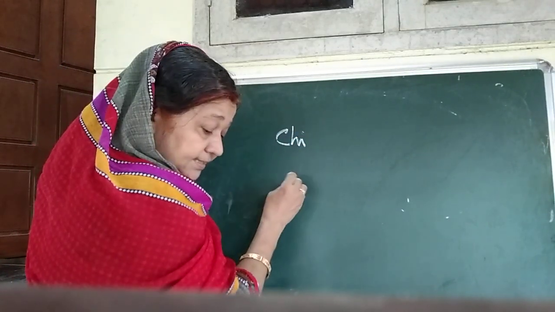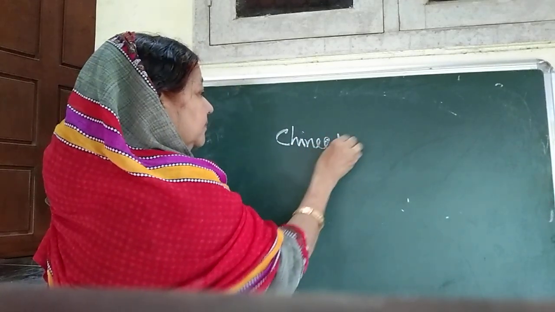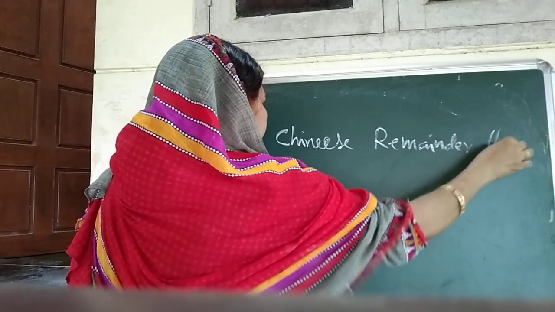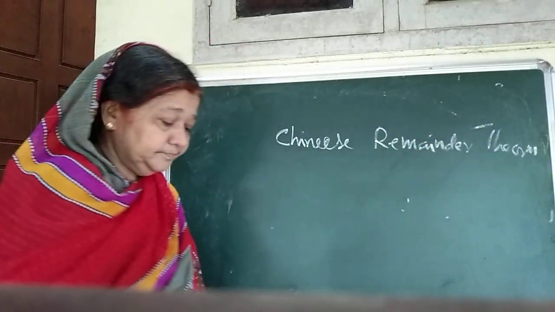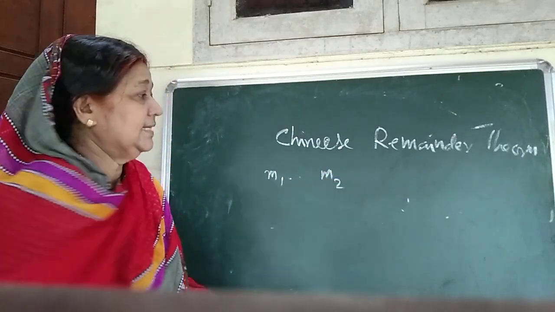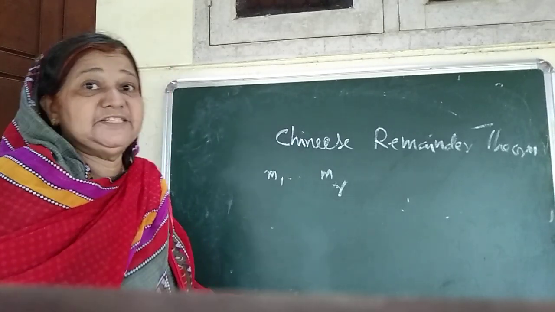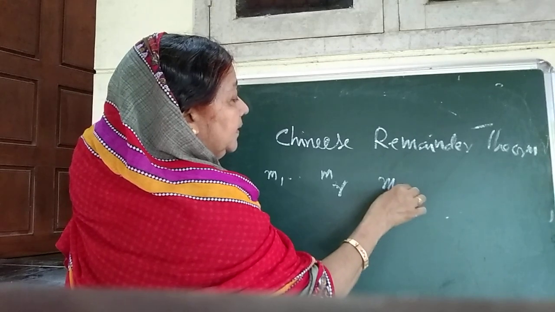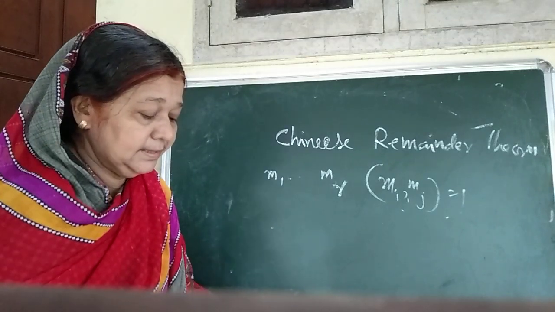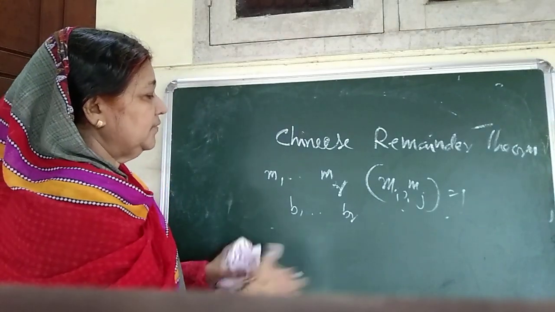The Chinese remainder theorem states that if m1, m2, etc. mr are integers such that they are pairwise relatively prime, that means (mi, mj) equal to 1 when i is not equal to j, and let b1, b2, etc. br be arbitrary integers, then the congruency relation